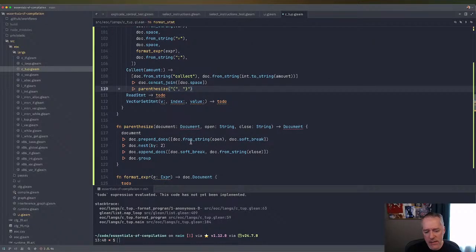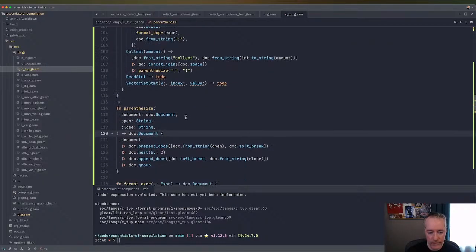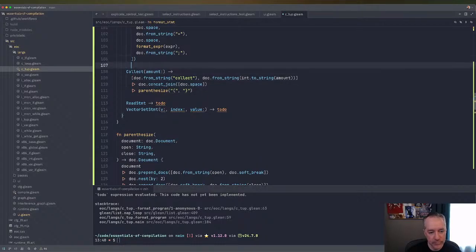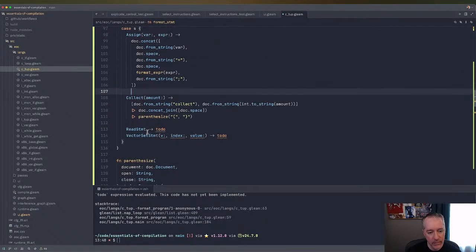Now, there's not any reason that that should ever be broken onto a new line. But here we are. We can reuse that. Okay, read statement is really just parenthesize